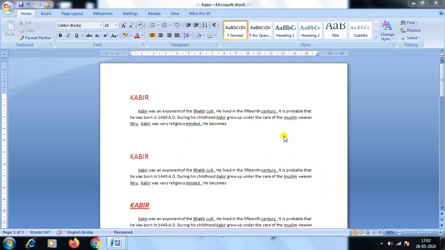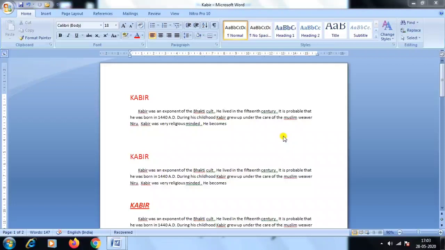But one thing you remember, when we apply a footnote, it will be presented at the end of each current page, but if you apply an endnote, it will be presented at the end of the document. Footnotes and endnotes are not displayed in normal view. To see them, you will have to use print preview or print layout view.